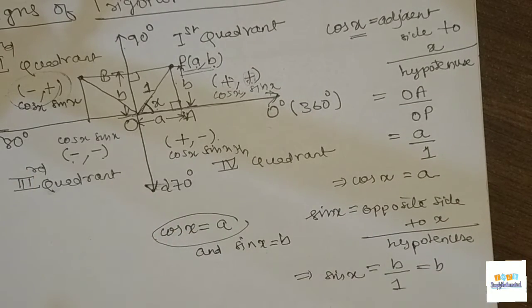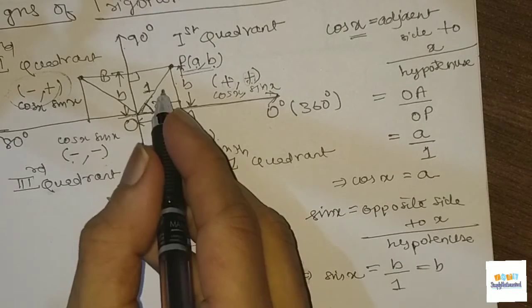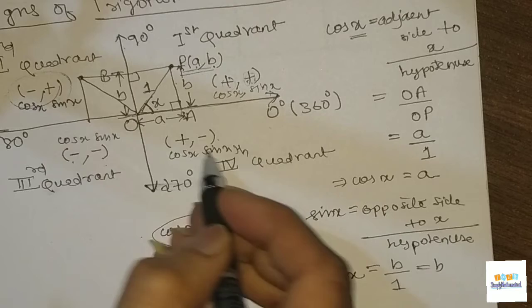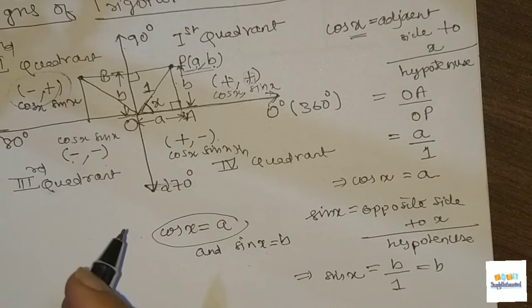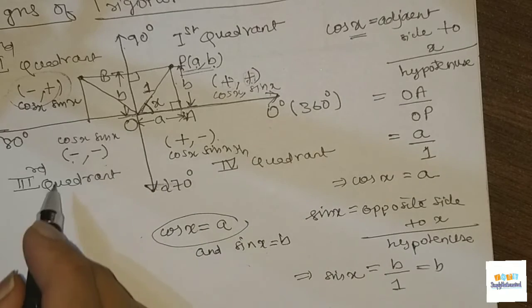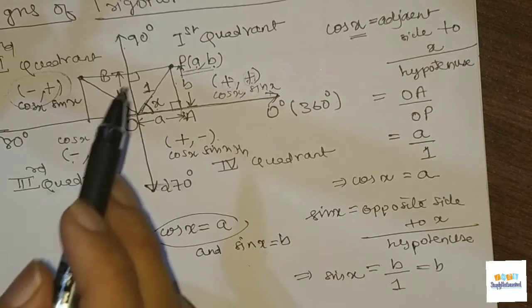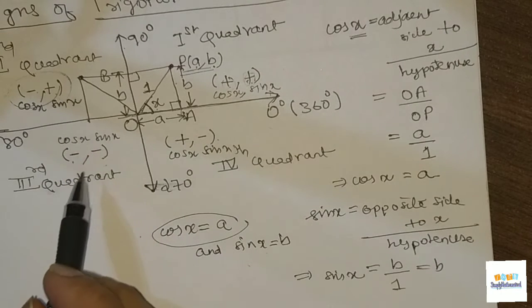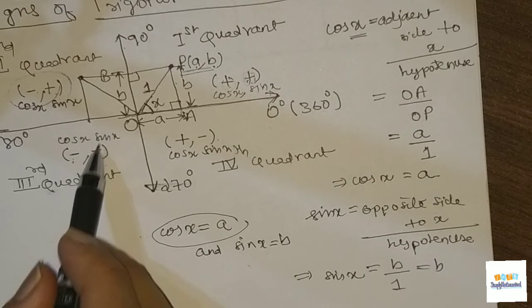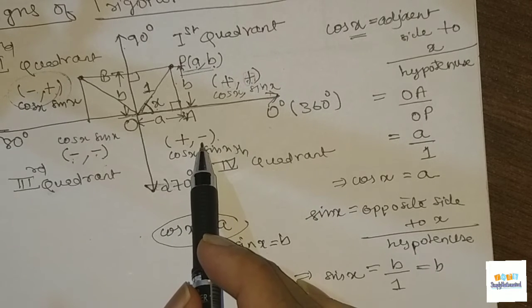Okay, so this is what you will have when you draw the similar diagram as this here and here also, when you complete it. When you look at it, you will get cos x is positive, sin x is positive. First we saw, in the second quadrant, what you will get is cos x is negative, sin x is positive. Then here what you will get is cos x is negative, sin x is negative. Here it is cos x is positive, sin x is negative.